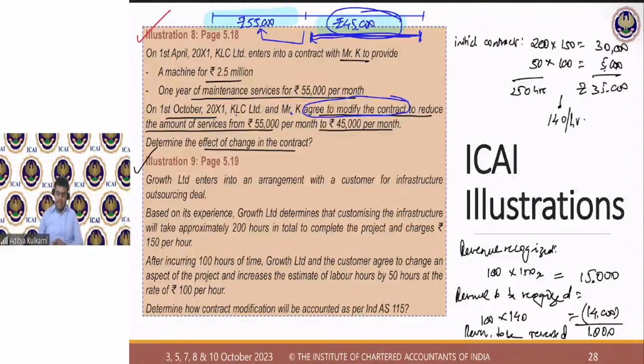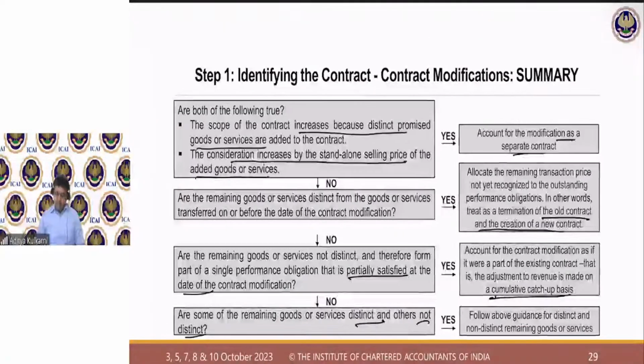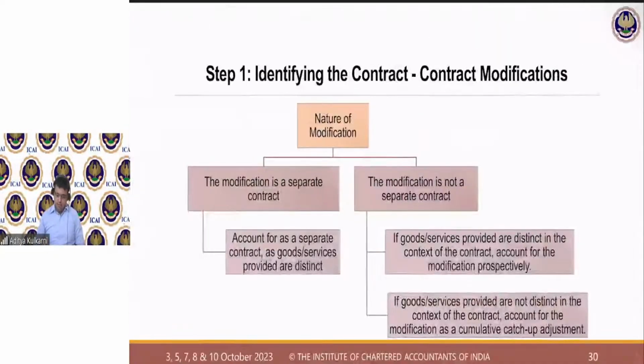All right. Fine. So that takes care of illustration 8 and 9. So this is the summary. This is yet another summary. So with that, we close step number 1 today. Shruti, are you convinced? Munish Kumar Gupta, did you understand? Yes. Let me know if you have understood, guys. Okay. All right. Shruti, did you follow? Okay. So step number 1 is done. Step number 2, 50% is complete with the distinct goods and services.